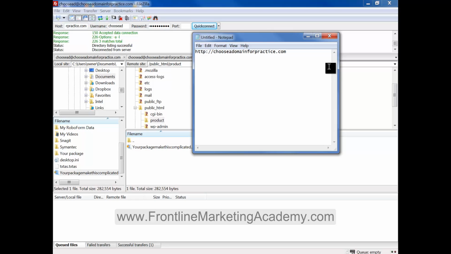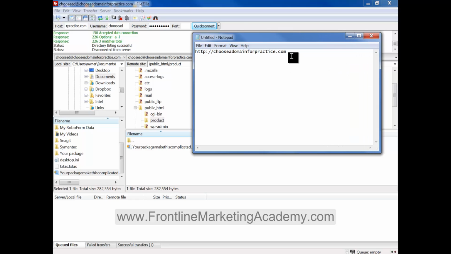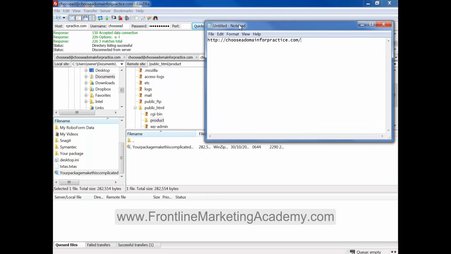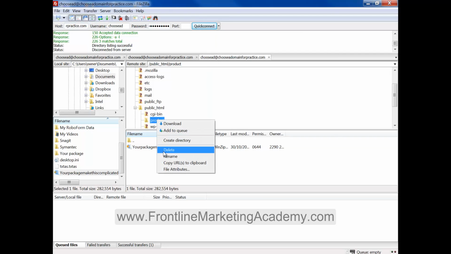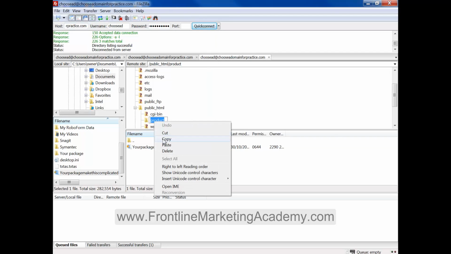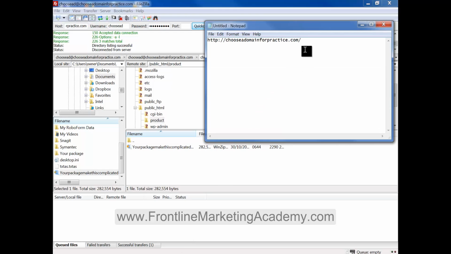Now this is an important part. You really cannot have any mistakes in the link, otherwise the download will not work. Now for me, I prefer, instead of typing it out, to just go to rename. You've got to be careful that you don't mess this up. I just copy it,